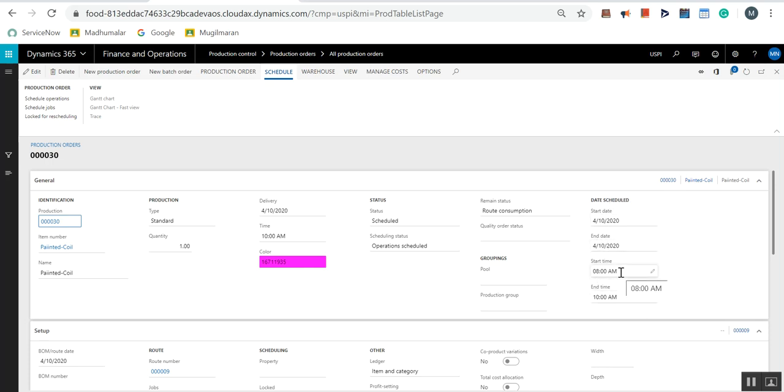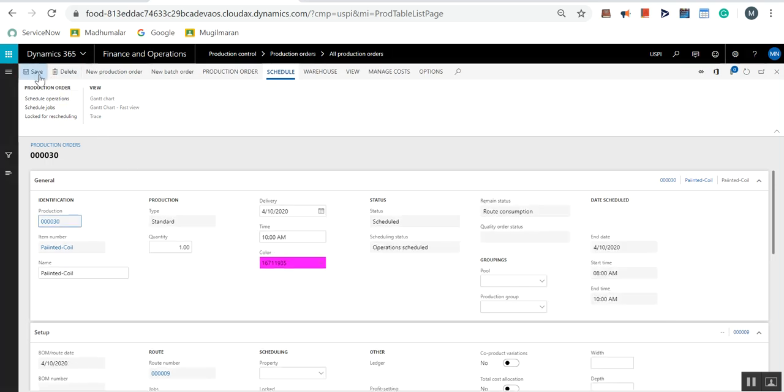That means it needs 2 hours. So at 8 a.m. you need to start and by 10 a.m. you need to complete. Okay, this is how scheduling works. For example, if I put